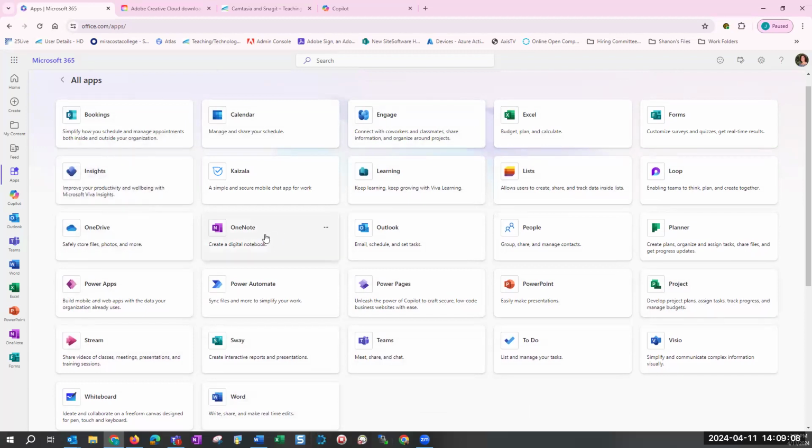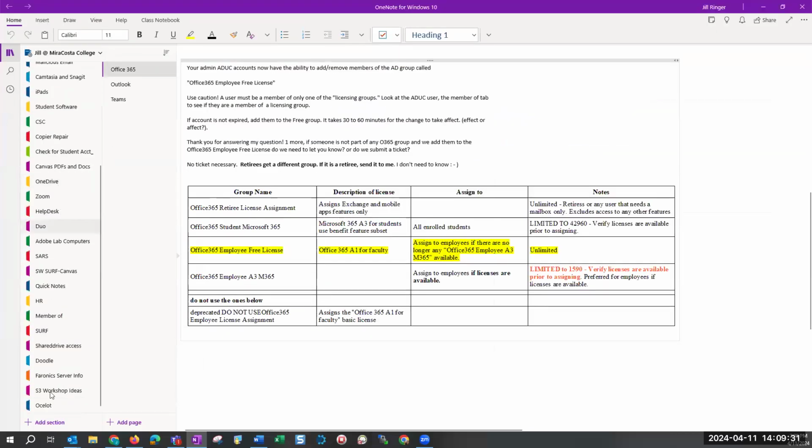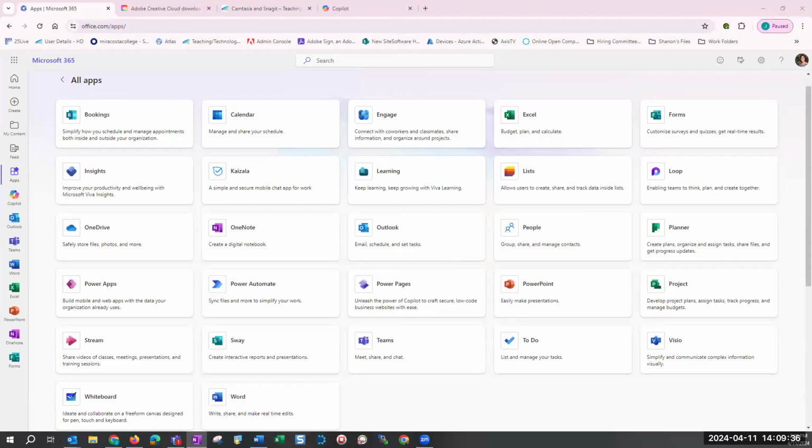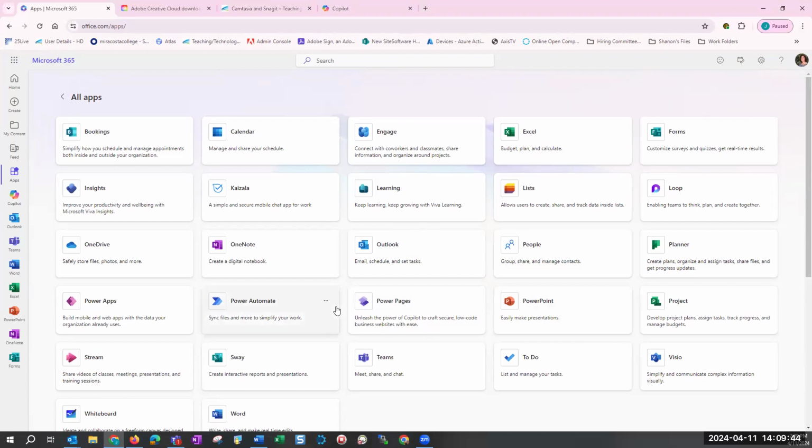And I use OneNote all the time. It's my digital notebook. And it started out with like one page and one line. And now it's like this monster. I'm opening it right now so I can show you. It's like this monster of a notebook that I use for everything. And so it grows. Trust me, it grows once you start using it, and then it becomes like your password manager. So it's pretty cool.